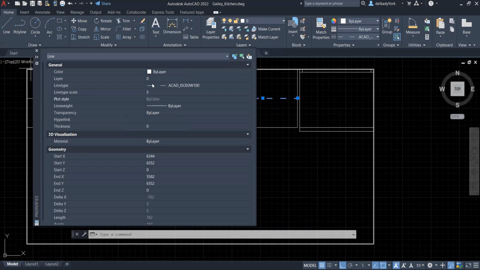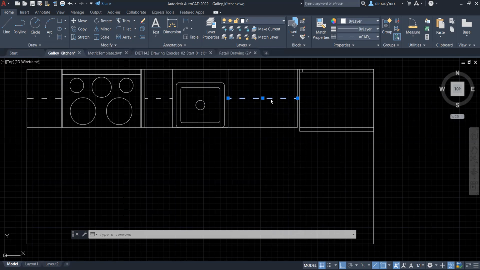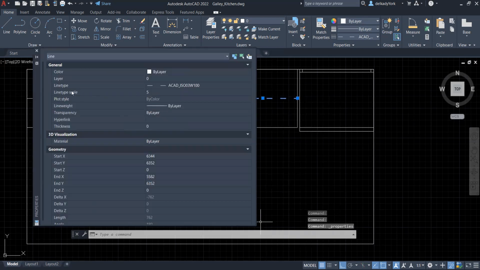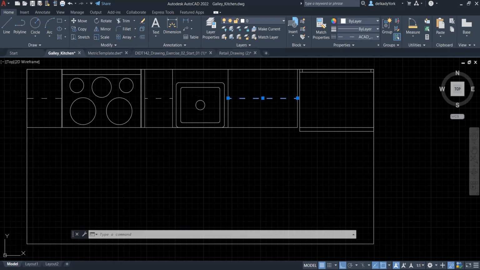So even if you picked something that doesn't look right, we can change that, and we change that by right clicking. Once we have this menu, we go to properties, and when we click on properties, we change the line type scale from here. All right, so that's the first thing that you will need to do once you finish creating the base cabinets